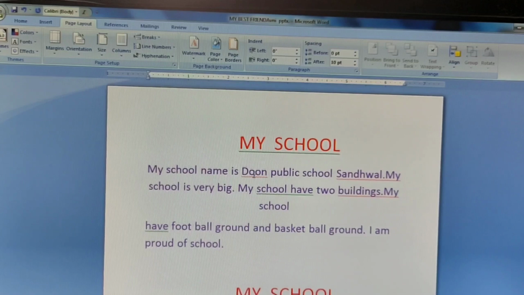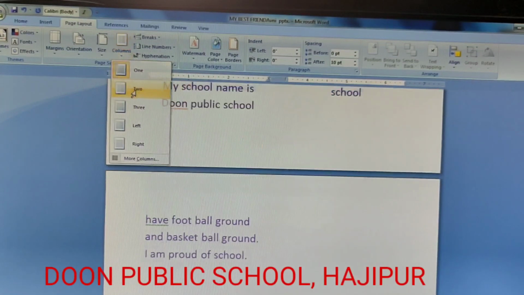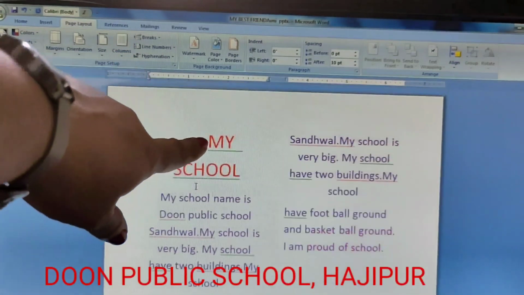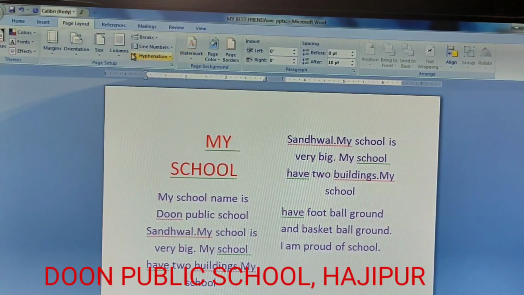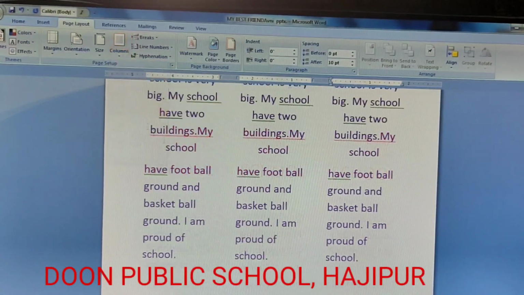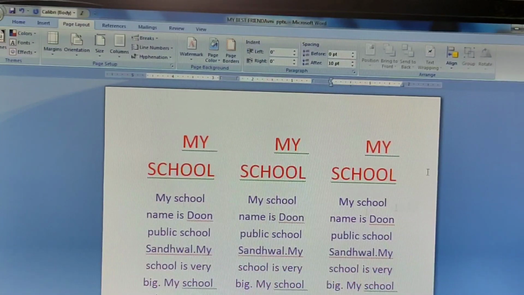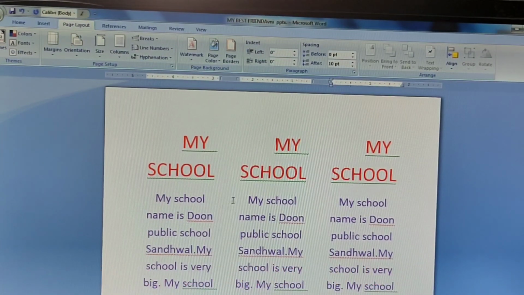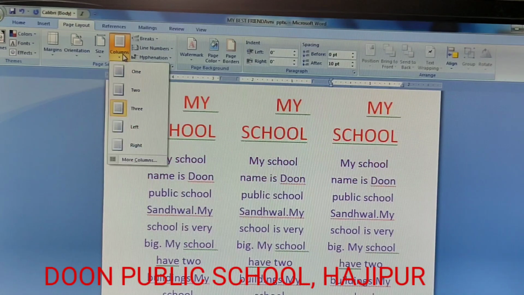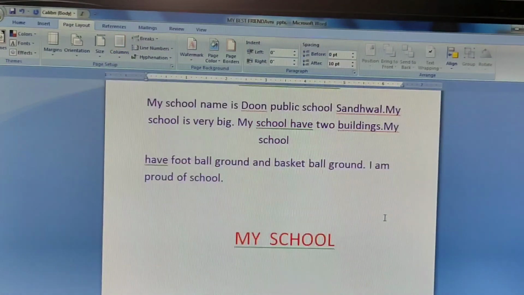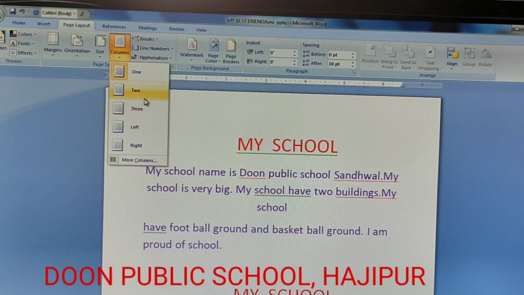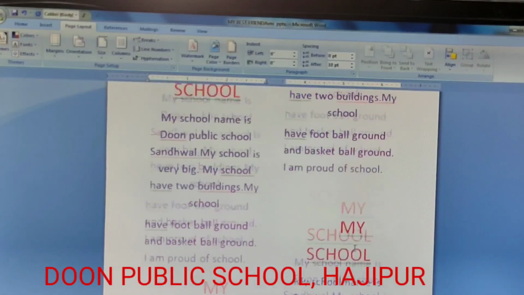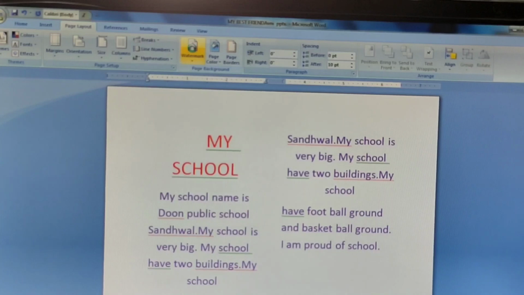Like now, column 2. My document is split into 2 columns. Column 3. So the document gets split into 3 columns. Now 1, it again comes back to original data or document.